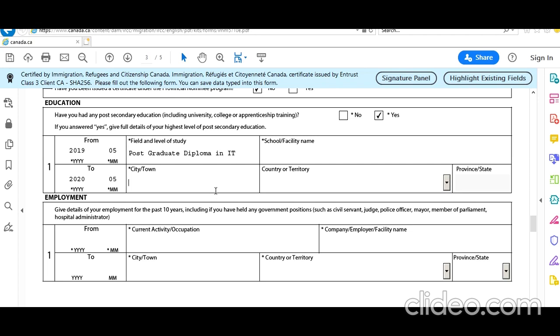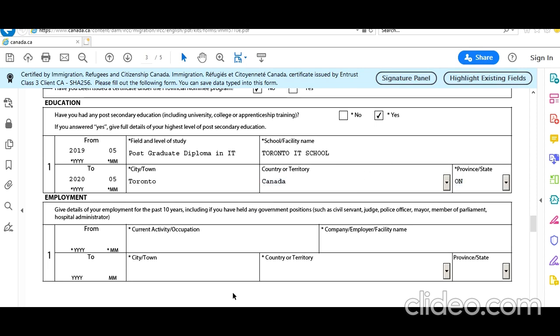Let's say he studied at Toronto IT School, whatever is applicable in your case. Country or territory, Canada. The moment I select Canada, the province becomes active.